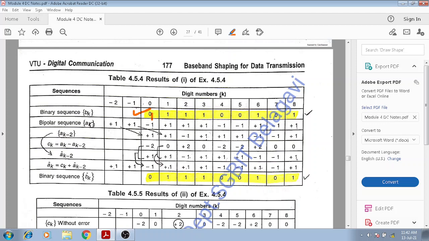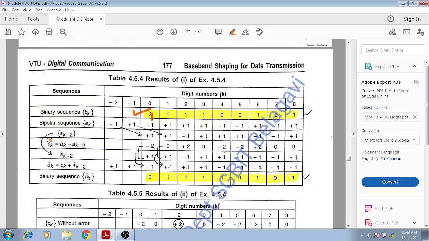By either using a level shifter or bipolar NRZ format. Both will do the same function. They will transform zeros into -1 and 1 into +1. Understood? So after converting BK into AK, this AK becomes the input for the modified duobinary encoder, and